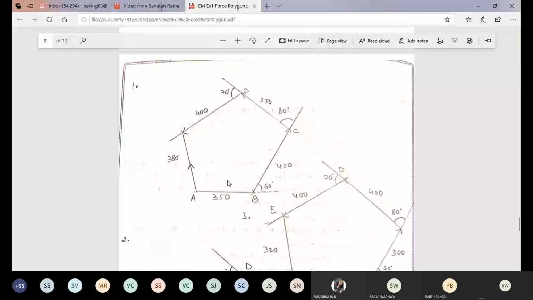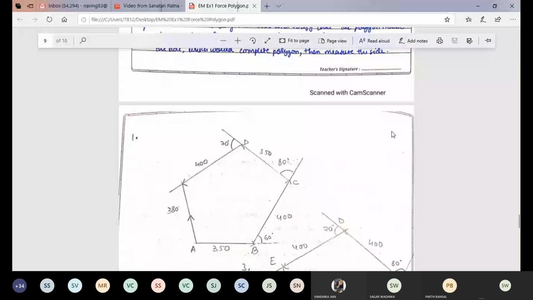So all the 4 strings are prepared here, A, B, C and D. Fine. And after making these strings, this is the final resultant here. This is the point E and you have to draw it, and this is the actual theoretical value which you are getting from the diagram. So this you have to calculate, and